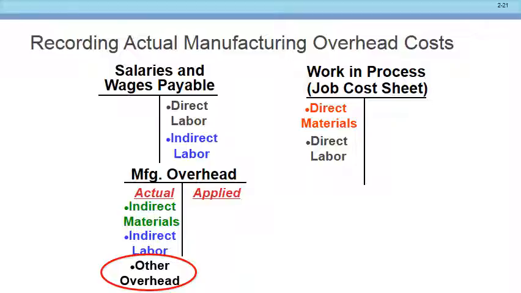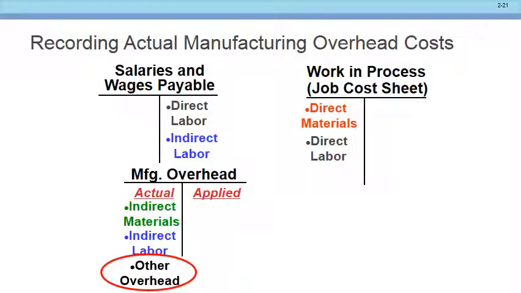Okay? How about when you pay the utility bill? How's that going to work? When you pay the utility bill, let's say you receive your utility bill at the end of the year, PG&E, and it says you owe, I don't know, $1,000 at the end of the year. What are you going to credit when you have a bill? Accounts payable. It's a bill. It's a liability. It's accounts payable for my PG&E bill. Good. What do you want me to debit here?